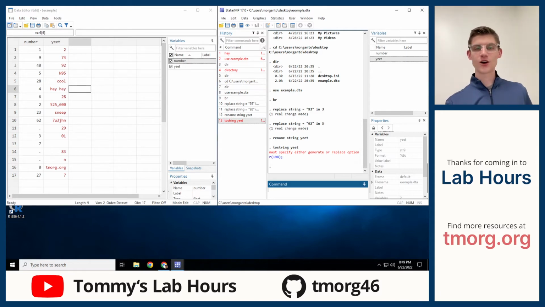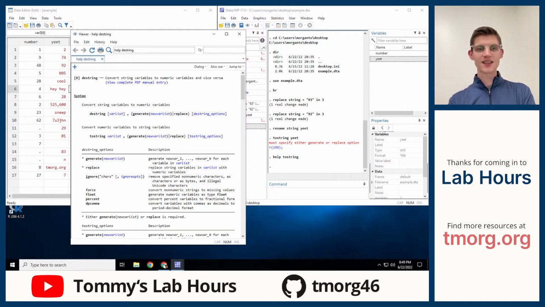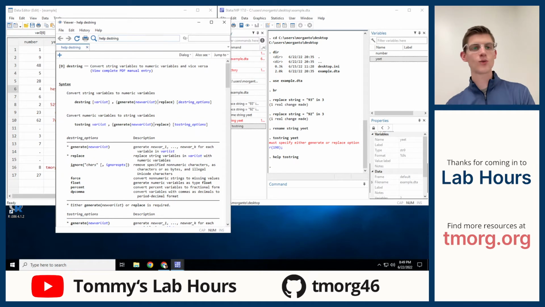window in Stata called the help files or the help windows. I'm going to suggest to the students that this is probably one of the greatest strengths of Stata, these help menu files. So I know the command toString, and if I just type help toString, Stata will pull up this awesome manual that will tell me exactly how to use the toString command. And you'll say, well, now hold on,